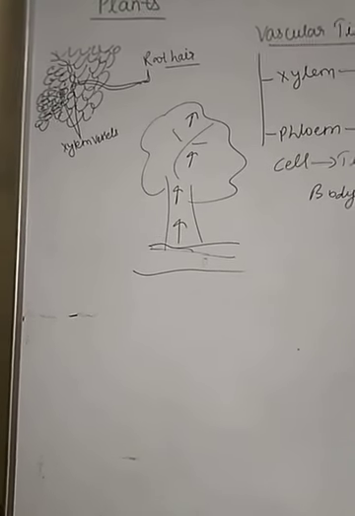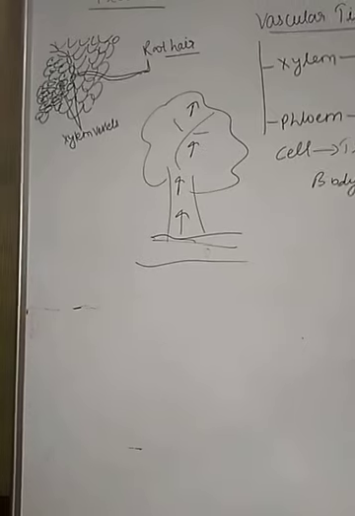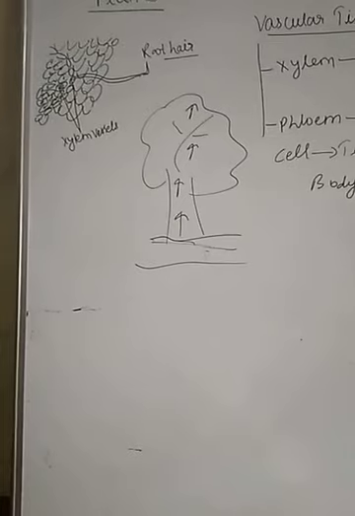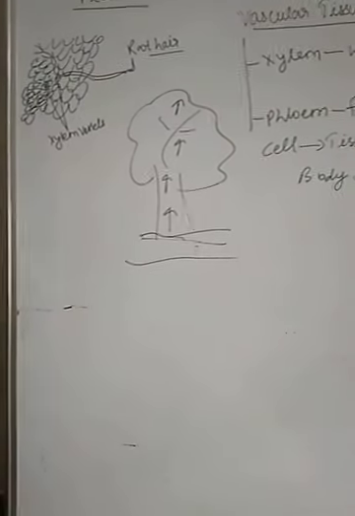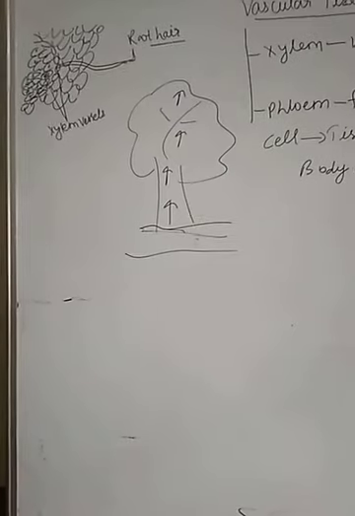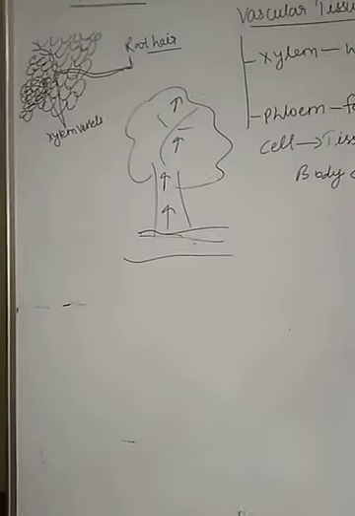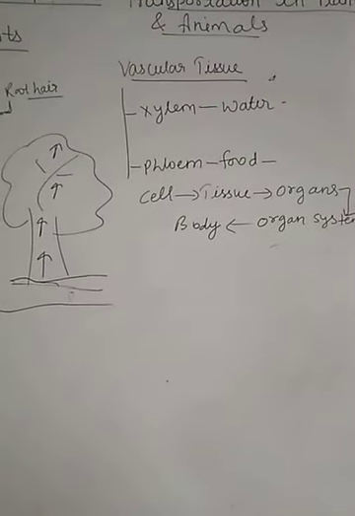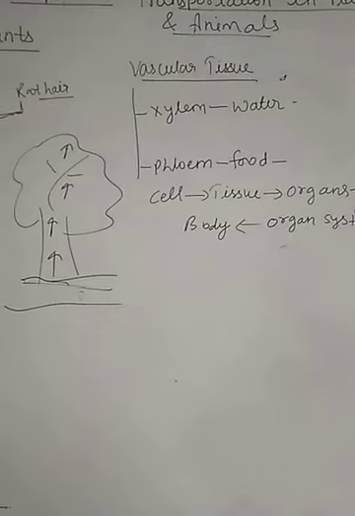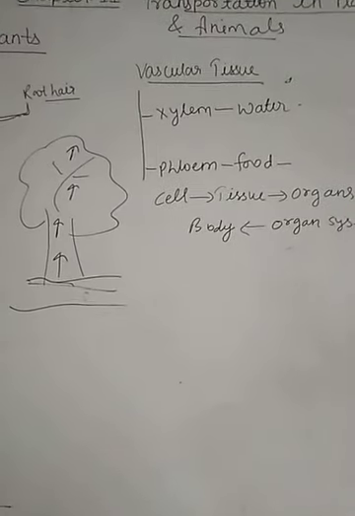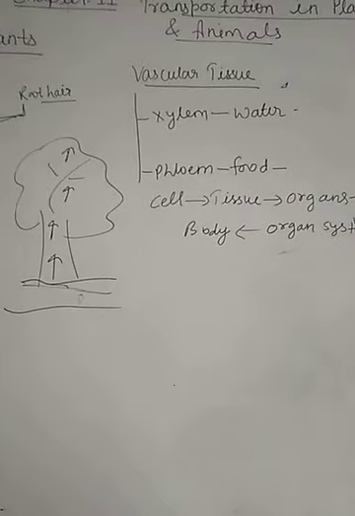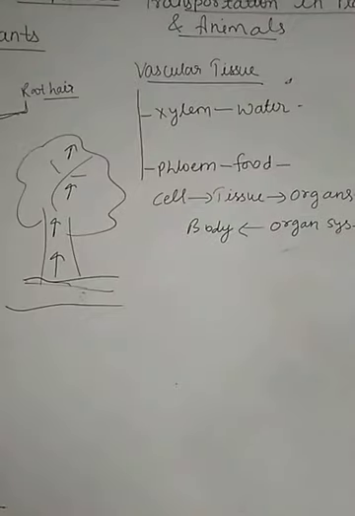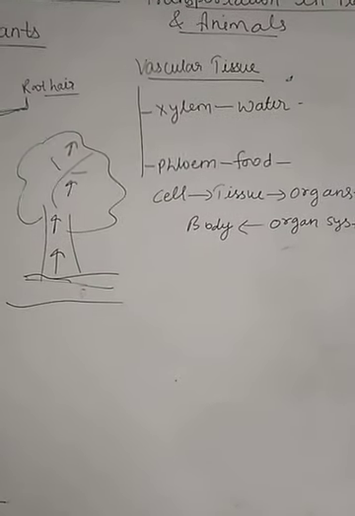Once the root hair absorbs the water, this water is transported to all parts of the plant's body. But the question is who conducts or transports this water and nutrients from the root hair to different parts of the plant body? Children, in the plant body, a special type of vascular tissue is present. There are two types of vascular tissue which help in the transportation of materials like water, nutrients and food to different parts of the plant's body, and they are xylem and phloem.